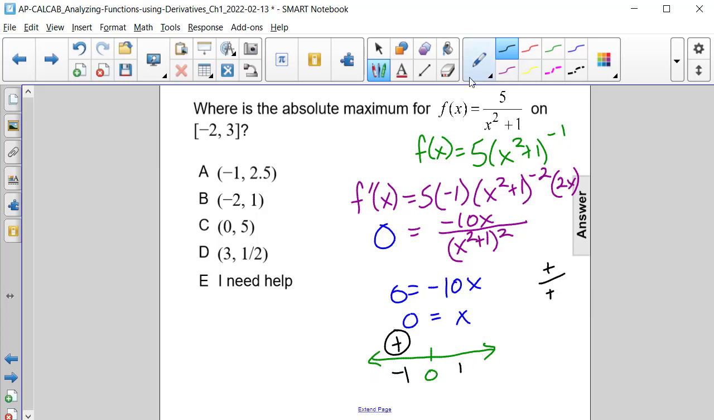And then if we substitute 1 in there, we will have -10 times 1, that's -10, divided by 1 squared is 1, plus 1 is 2, 2 squared is 4, that's positive. Negative divided by a positive is going to be a negative. All right, so we do have increasing to decreasing. So we have a local max